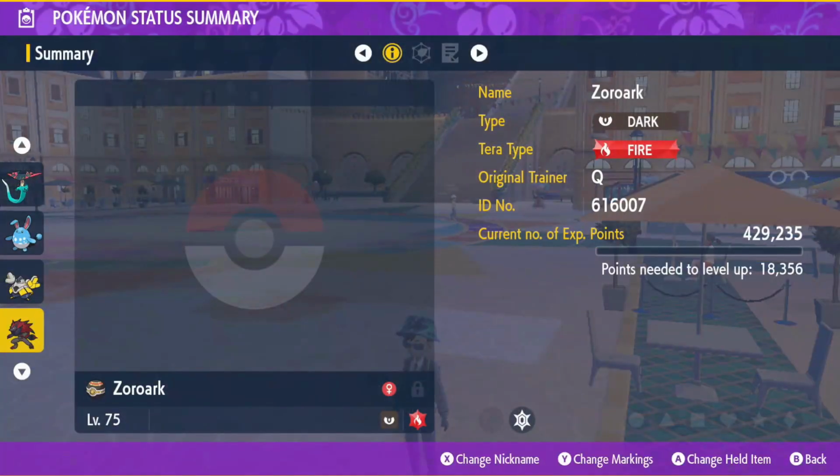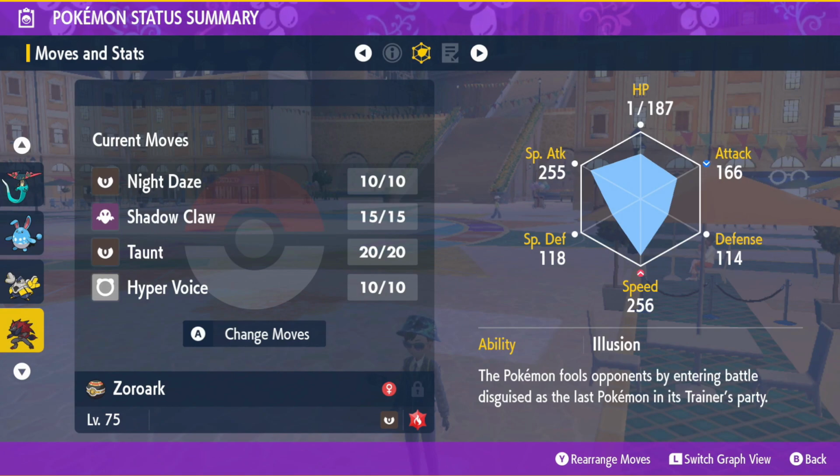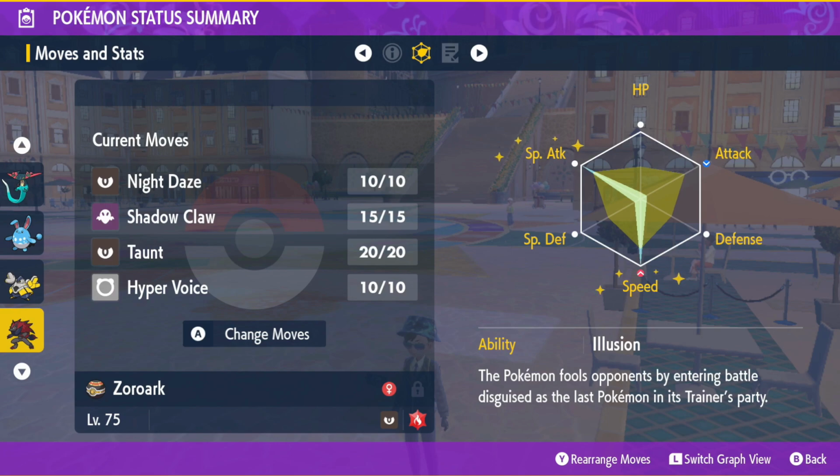So now we're going to look at our data comparison just to make sure that it is correct. What you're going to do is press L to switch the graph, and the shiny little points are going to show that you are max speed, max special attack. And now you're an EV trained